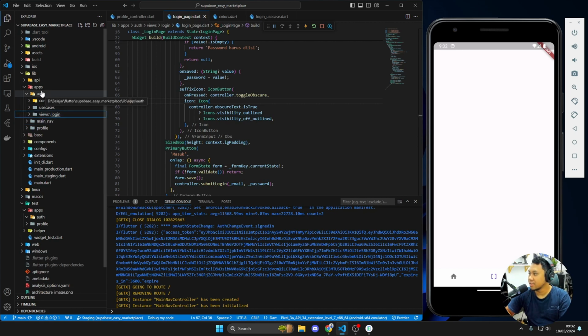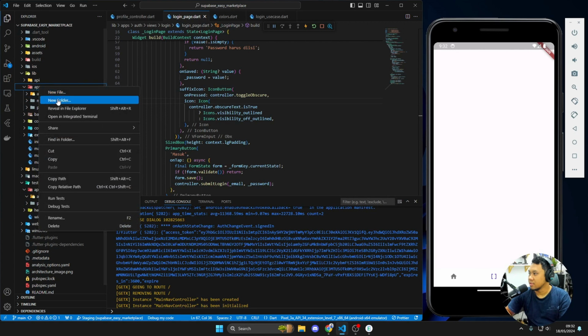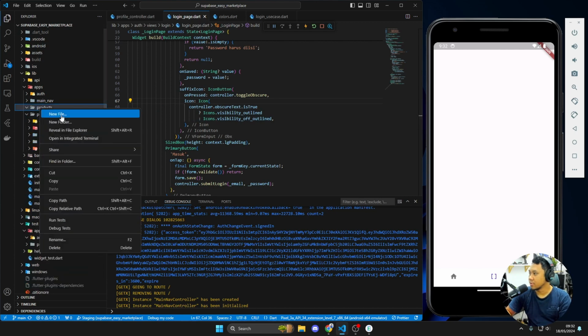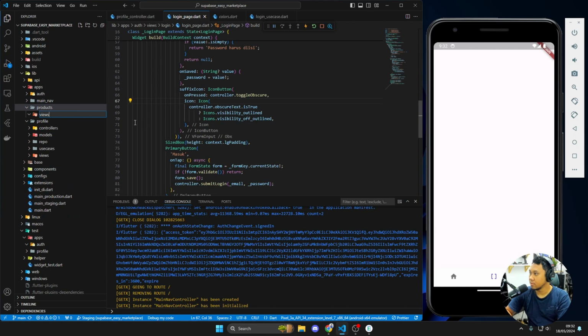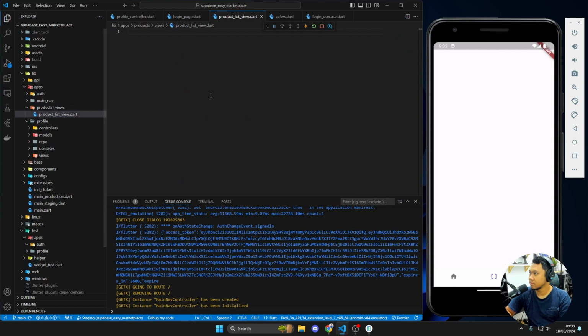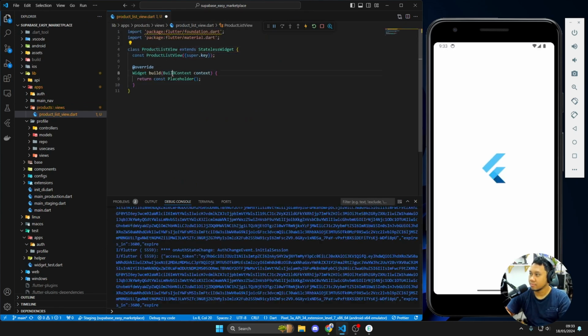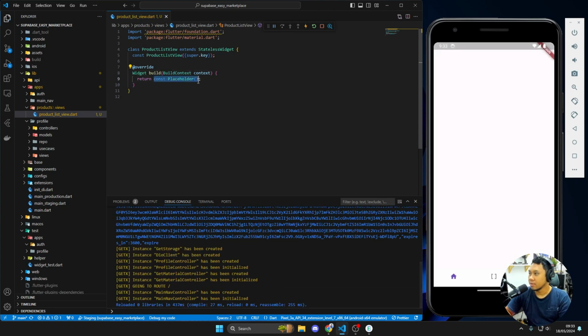So here, let's create a new folder called products. And then we'll create some views or page. It's called product list view dot dart, a stateless product list view. What do you need to see in a product list view? Let's say,